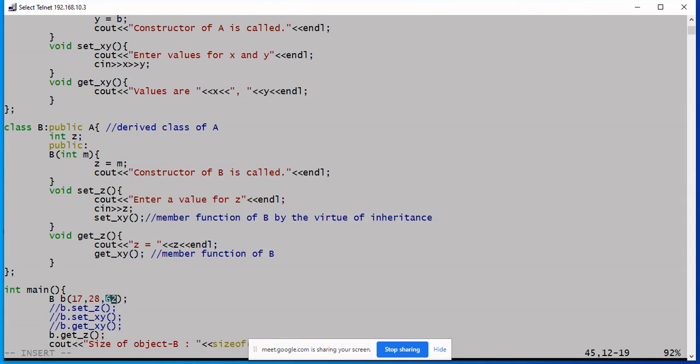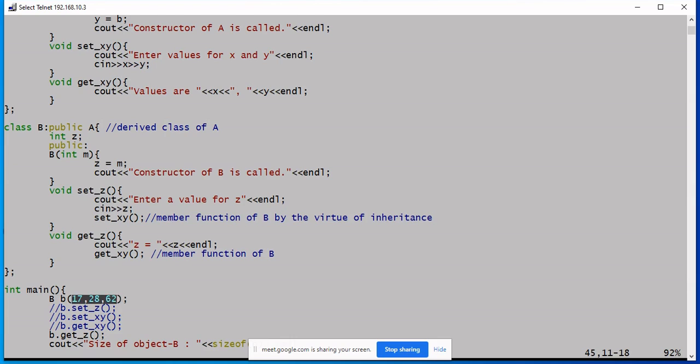Now tell me, with the code that is currently written, will it compile correctly? Definitely the object B has sufficient space to hold 3 integer values.